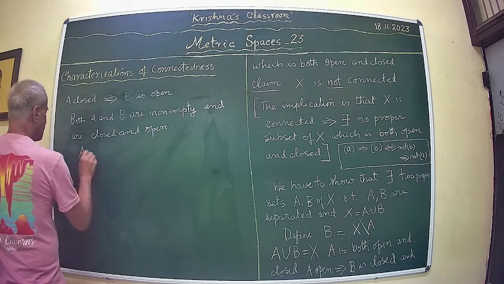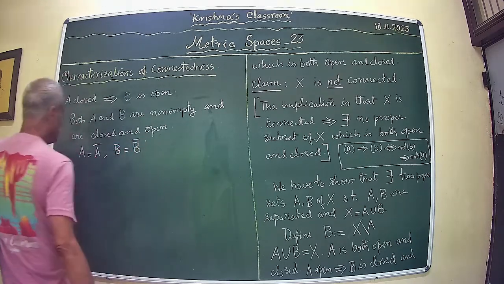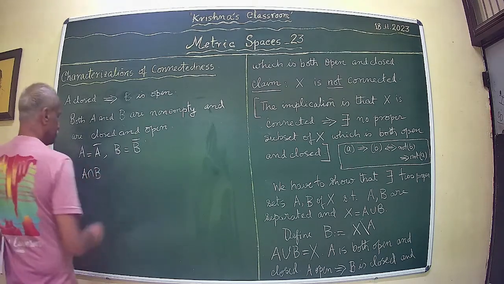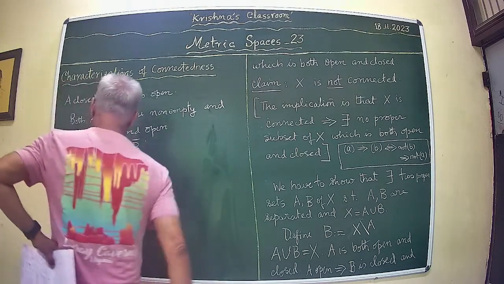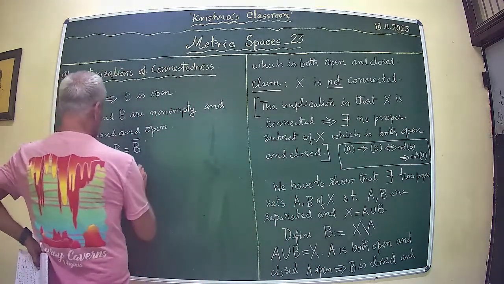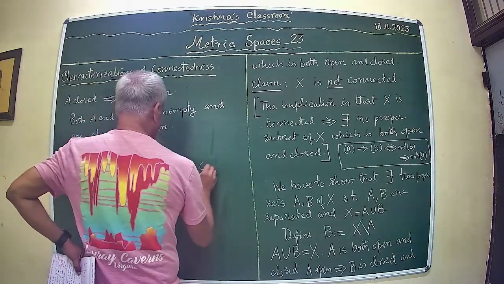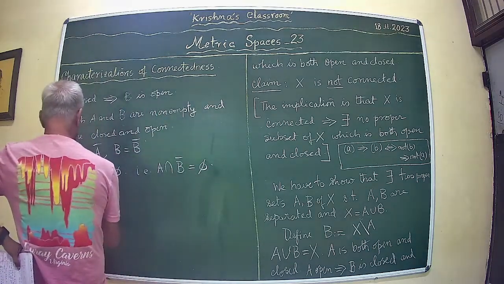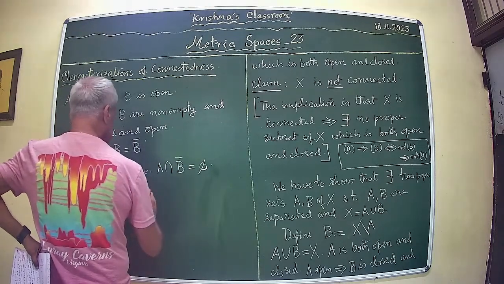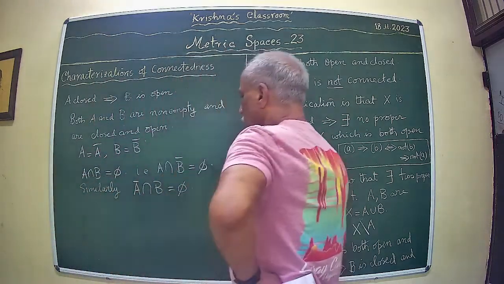Therefore, A equals A closure, B equals B closure. Now we know that A intersection B is empty, because B is the complement of A. Now that is, A intersection B closure is empty. Similarly, A closure intersection B is empty, therefore